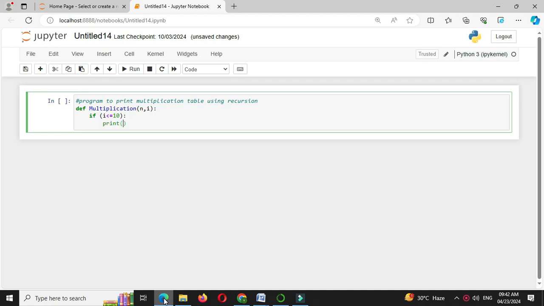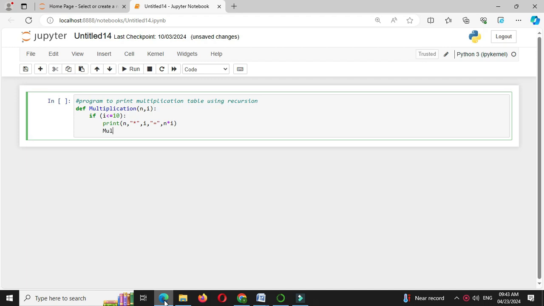So print, first we will print n, that is number, then we will print multiplication sign, then comma, I, comma, then we will print equal to sign, and then we will print n into I. And then we will call this function itself, that is multiplication, and we will pass n and I plus 1